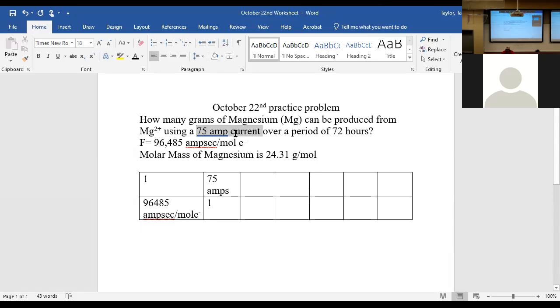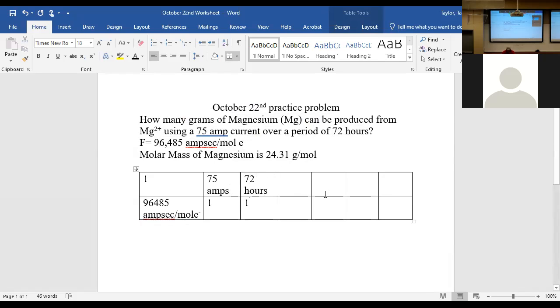So we have amps, hours, 2+ ion, Faraday's constant, and the molar mass. And then we put up this table, and we're doing 1 over Faraday's constant to cancel out the units. And that's what we're starting to work on now. So we have 75 amps, and then the hours, we need to convert to seconds. So we're going to start with 72 hours